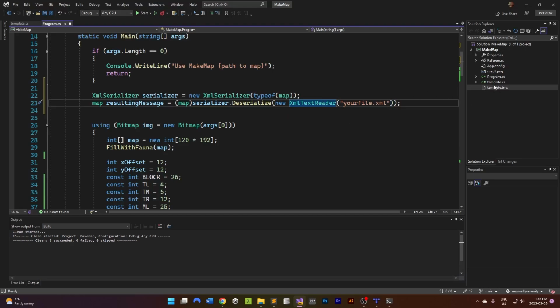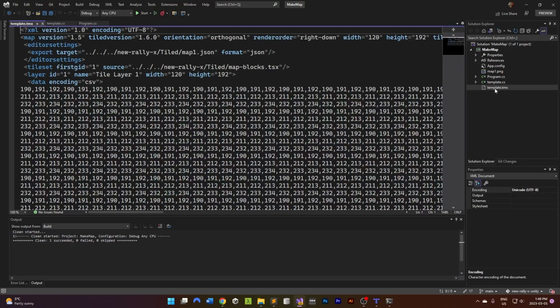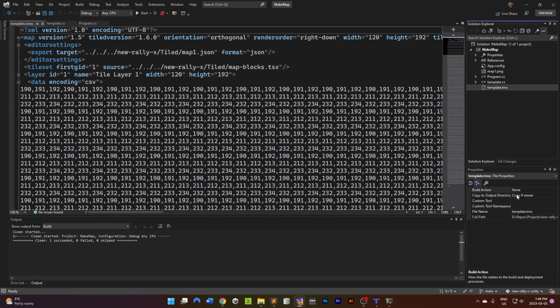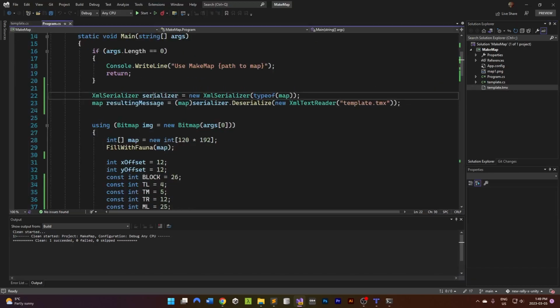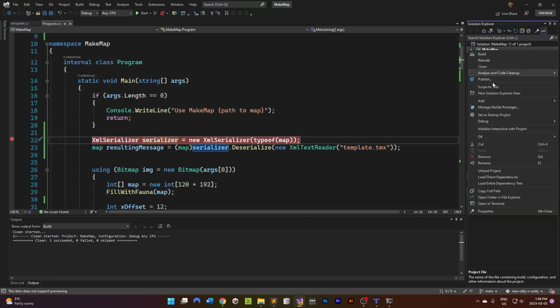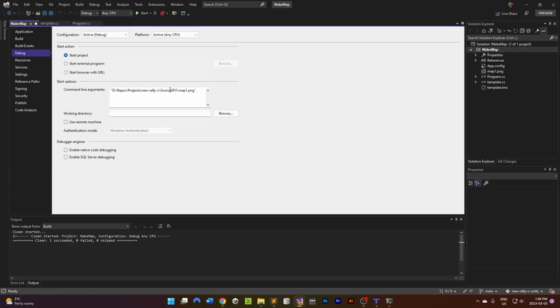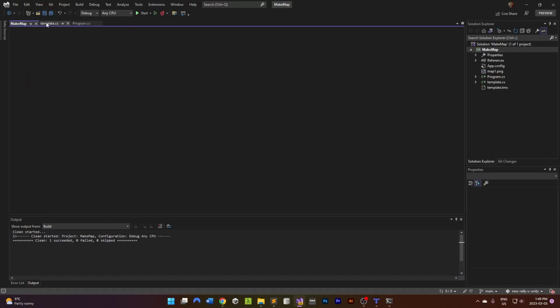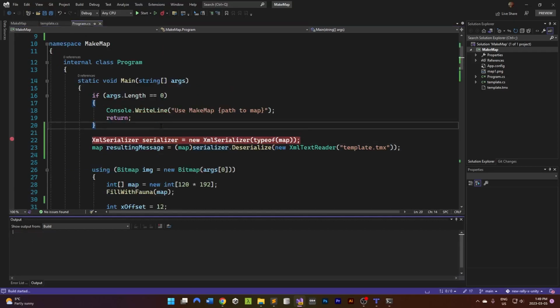I need to add, that's going to be template.tmx, because I already have this copied across. So if you click on that, you can see that it's copy if newer. So if I hit the breakpoint there, and let's just make sure the debug, right? So I actually copied the map file across here, so I'll save that as that, and then we move it to the program. So if I run this,